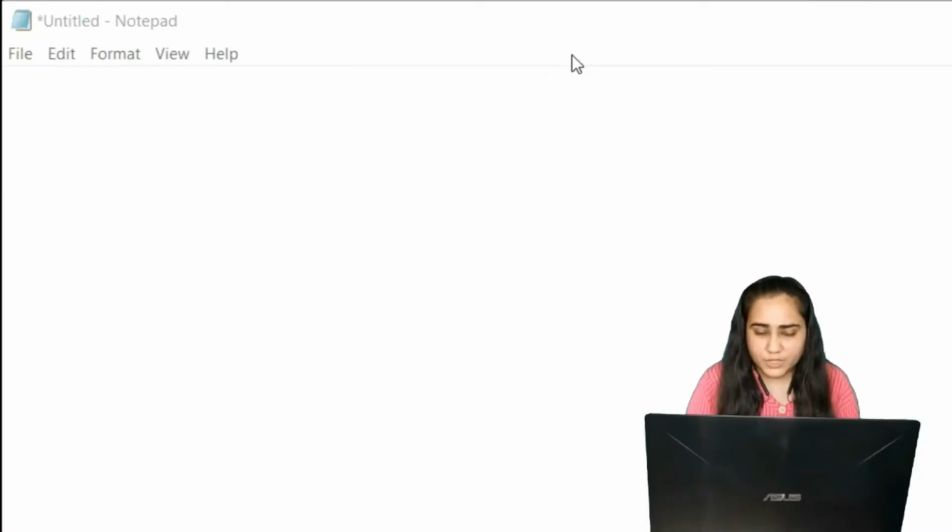So for my switch case example, I want to show you a program where I will be entering a grade, and based on that grade, some remark will be generated. So for example, if the grade is A, then a remark excellent will be generated, and if the grade is B, then it would be very good, and for C, it would be good, and for D, it would be fair, and then for the next grade, it would be poor. So these types of remarks I want to generate, and for that, I'm going to use the case statement in